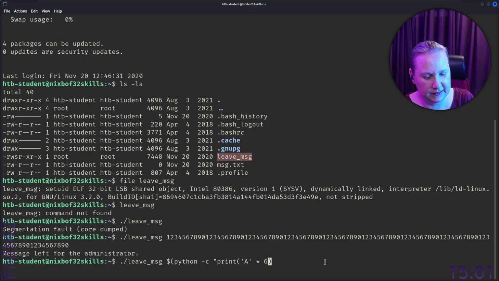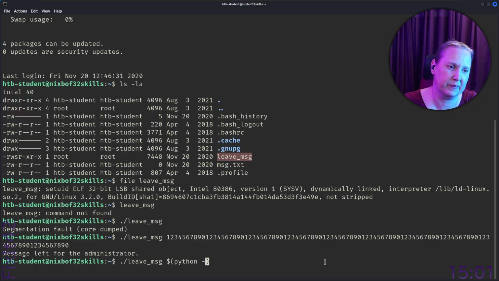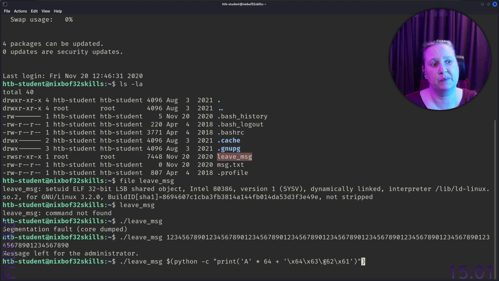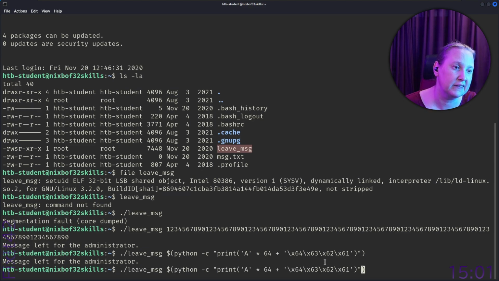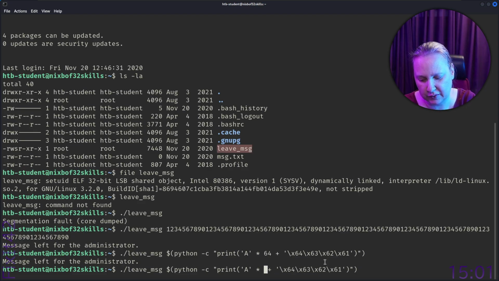I'm seriously annoyed at how slow it is. Hope I don't delete too many characters. No updates there, so we're actually using the basic one. I'm sure this will be okay. Message for the administrator, since I already tried 100 characters, right? So let's now try. I think they had like 1024